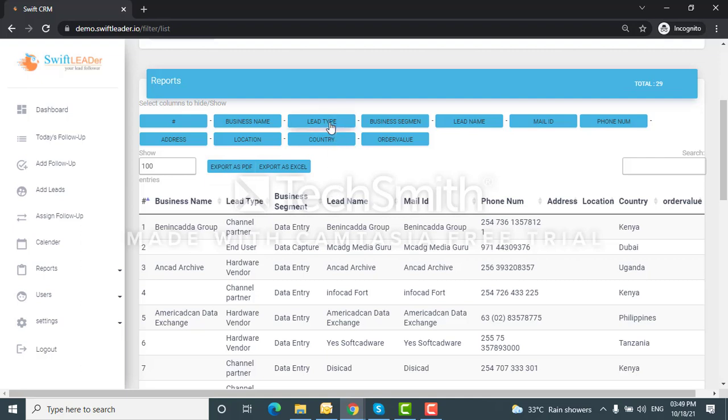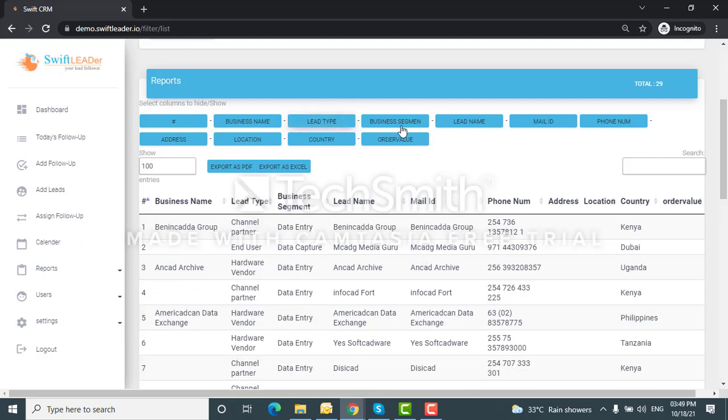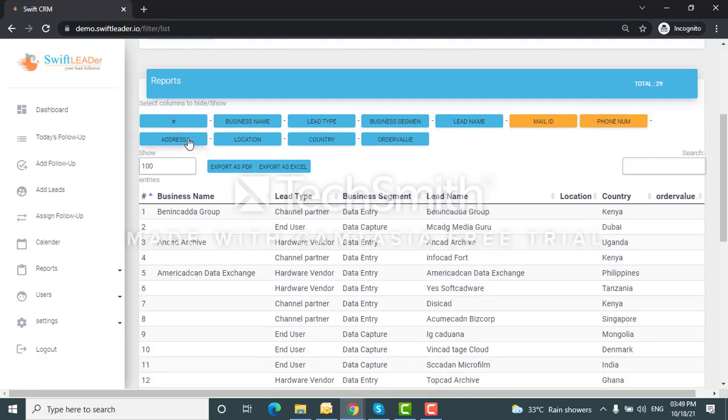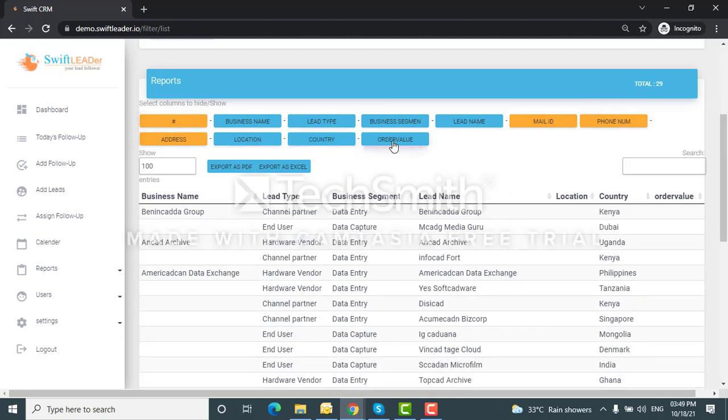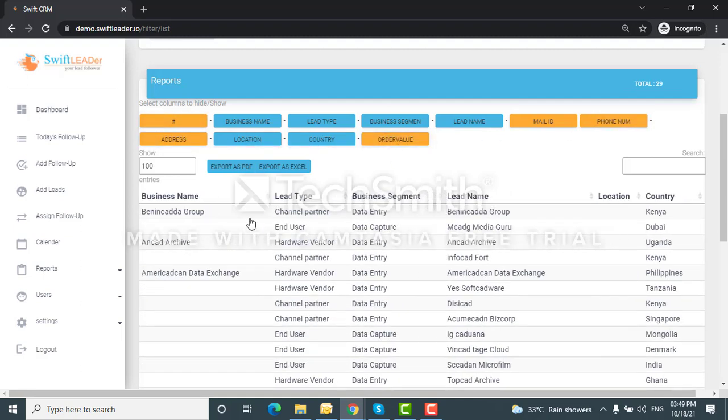Even if you don't want particular unwanted columns, you can hide them. Suppose you don't want the mail ID or phone number, address, order value, and you want only the remaining ones, then only those can be exported as a PDF or Excel. So self-customizable reports are available.